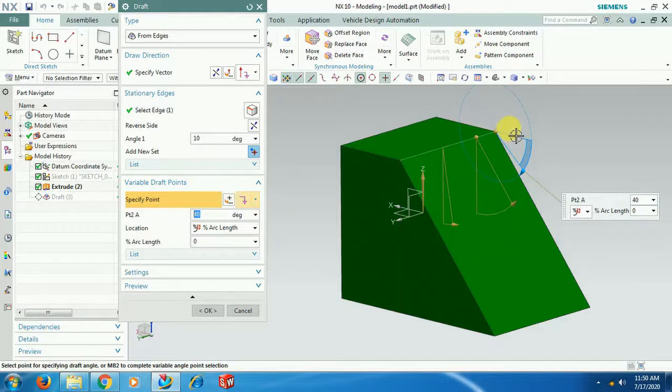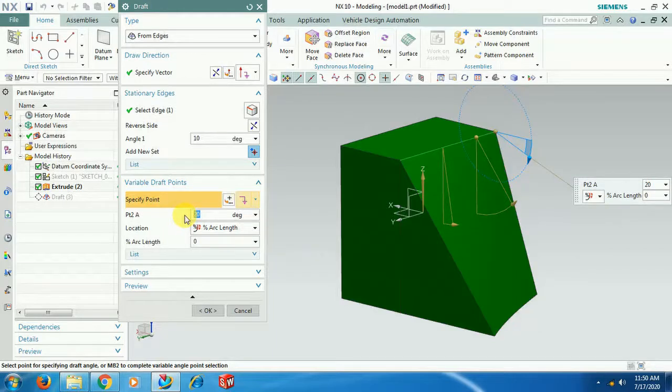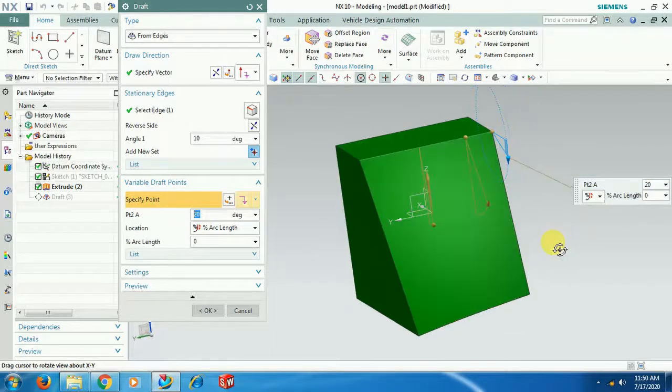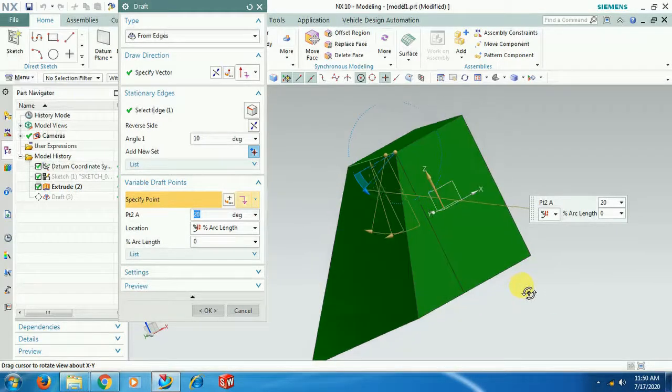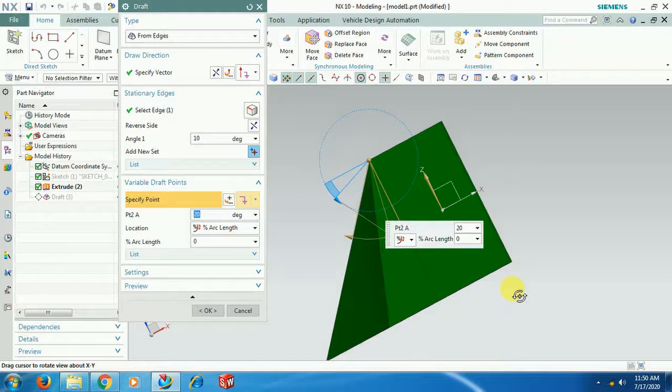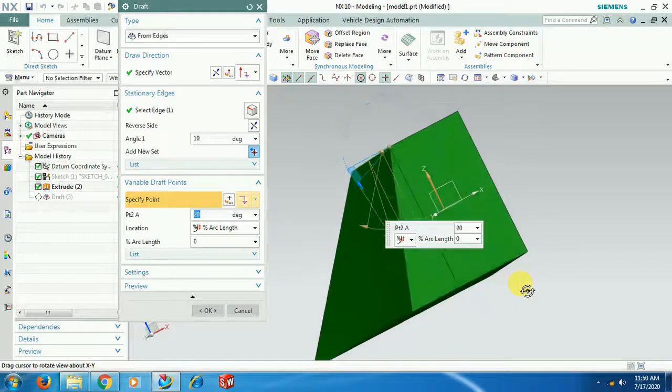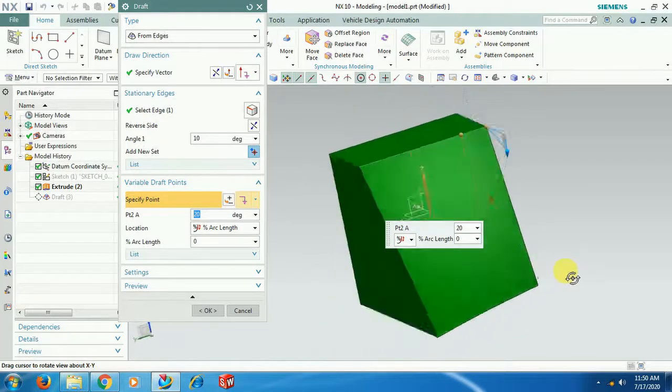At 0% I want 20 degrees. Now you can see the changes. Starting from here, it is considering 0%. At 0%, the draft angle given is 20. At 20%, the draft angle given is 40.